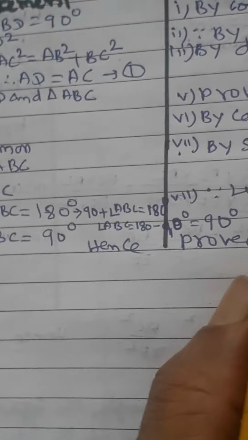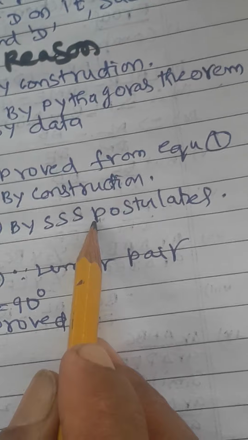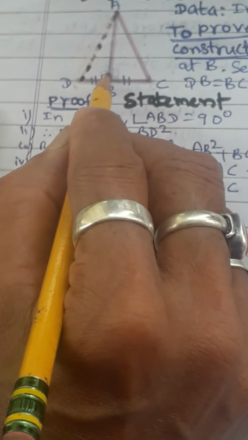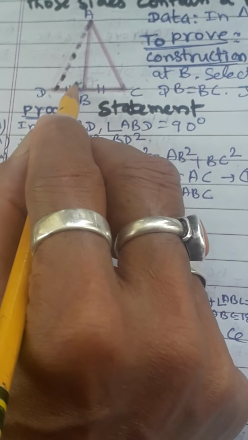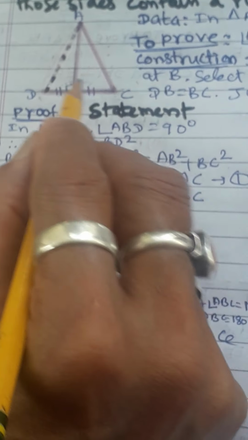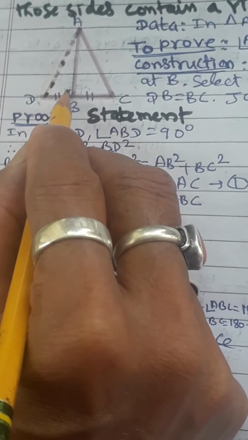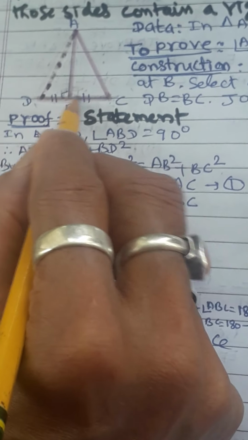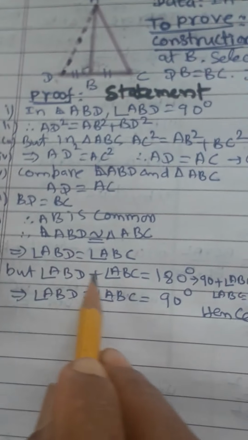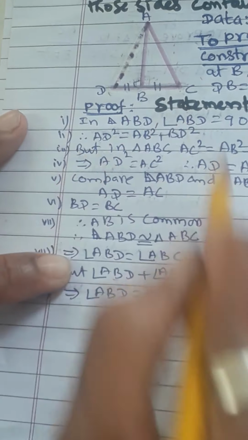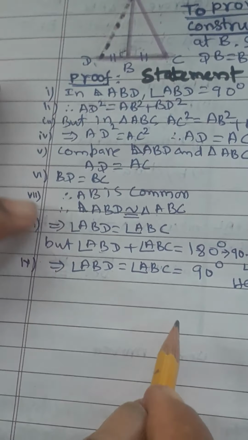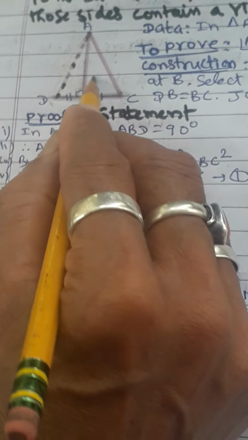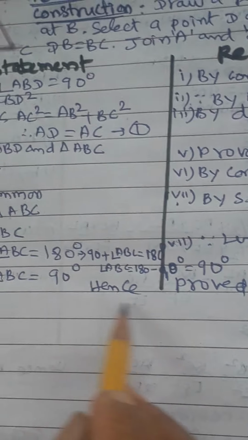So once both triangles are congruent, we will come to know that here is 90 degrees. Once this angle and this angle are added, they come on a straight line. Once two angles on a straight line are added, we know it is a linear pair, and 180 degrees will come. So here they already said it is 90 degrees, and this total line is 180 degrees. So this angle plus this angle equal to 180 degrees, this angle equal to 90 degrees, means 180 minus 90, how much will you get? The other angle also you will get as 90 degrees only. Hence that is also proved.